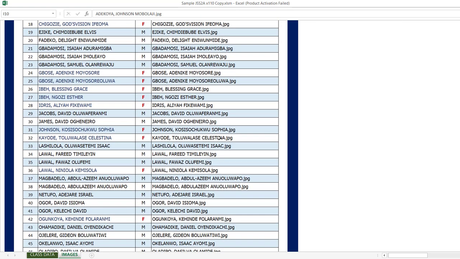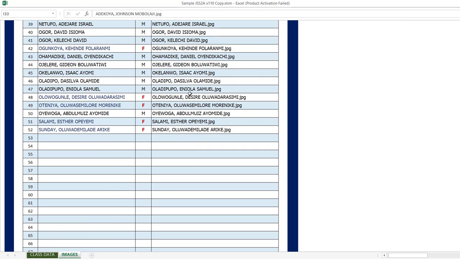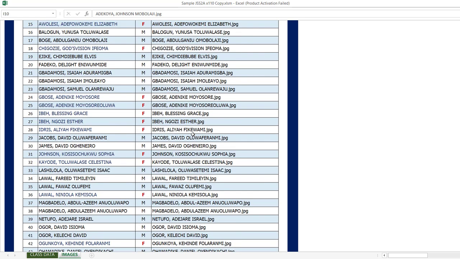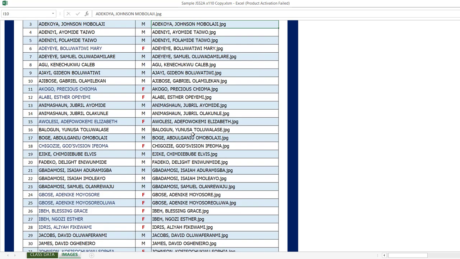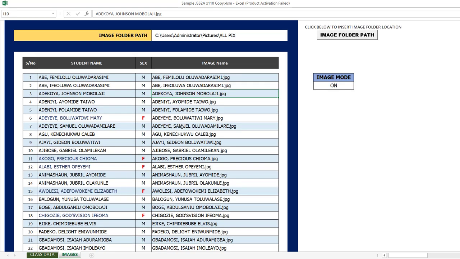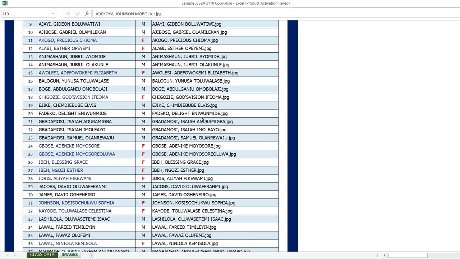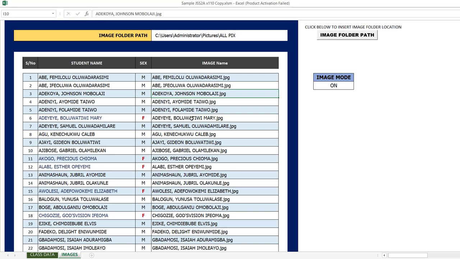That makes the job easy instead of having to type all of this. For me, it is easy because I can just use automation to import all of the file names into here, but you won't be able to do that. So make it easy for yourself, and name the pictures in ways that will be easy to enter here. So I'll go back,